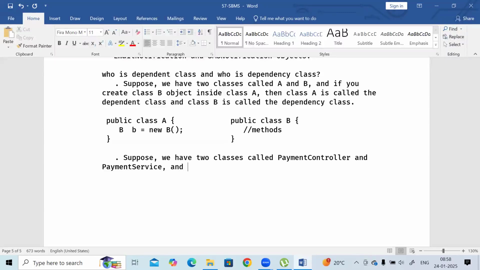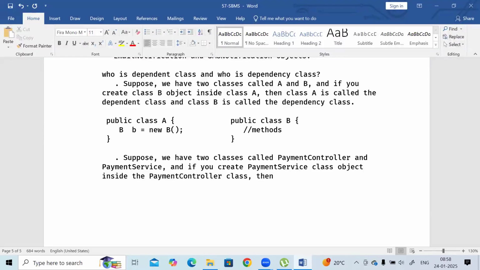And if you create a payment service class object inside the payment controller class,